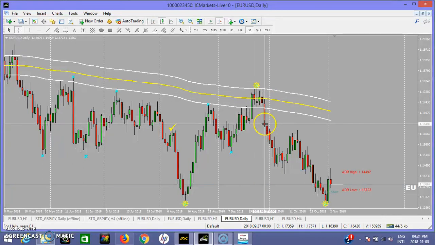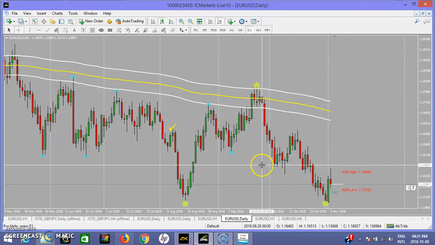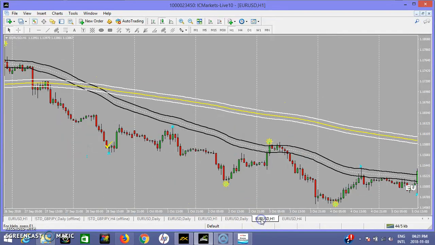Now, this is when we can switch over to the 1 hour chart and 4 hour chart to look for signals. So like here, price breaks below the 240. So we switch over to the 1 hour chart to start looking for signals. So here is my 1 hour chart. So the first thing I'll look at here is a date where the market broke on the daily chart, then a